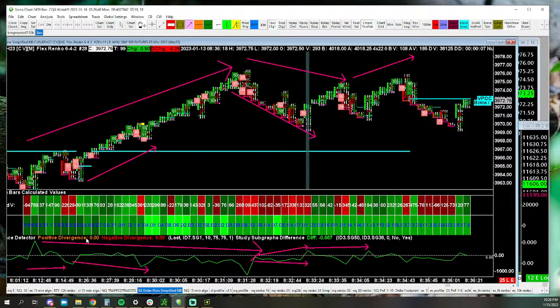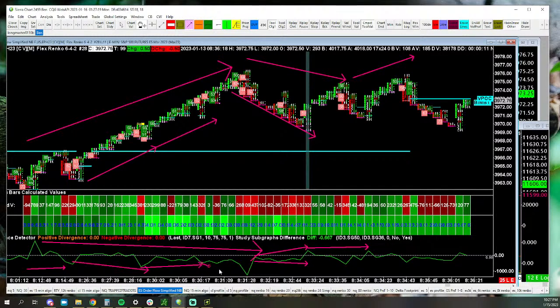Now, keep in mind, we also have this other information, which is kind of competing against that. And so again, if that's confusing, good. That means you're actually following along because there's more to this problem than just this one idea. But then what happens next? Well, then you make another higher low here. See how they pulled back, right? Okay, this one actually goes along with it. Makes that general higher low. Unless you want to count this a higher low, and then it's a lower low. But one way or another, it's bullish, right? Either natural divergence in a bullish trend or a higher low in a bullish trend, one way or another.